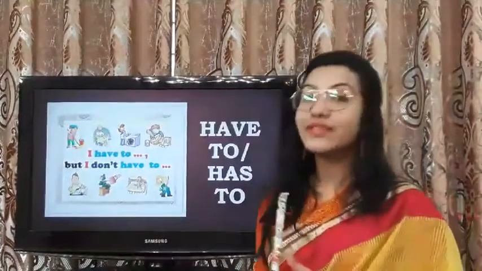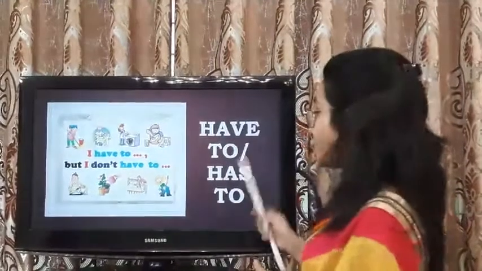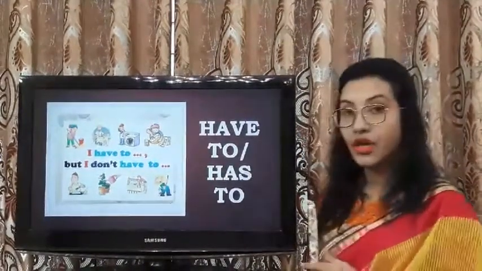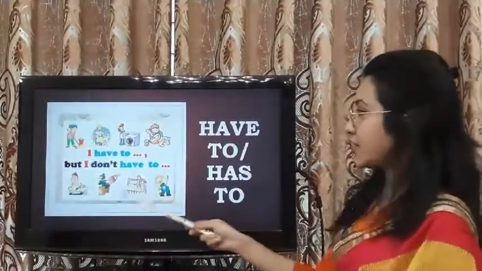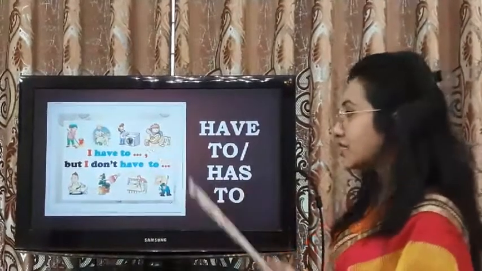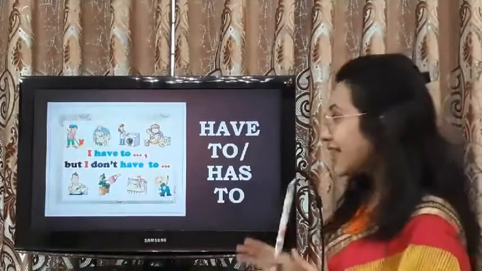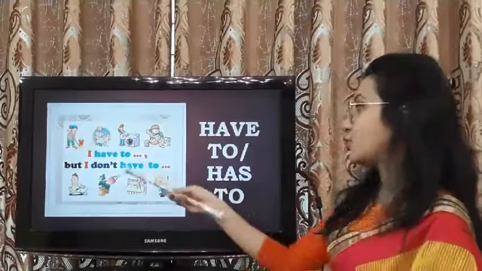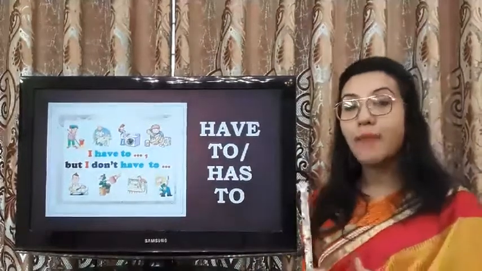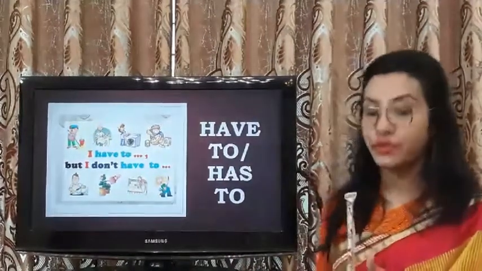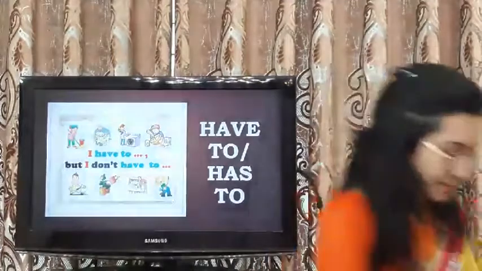The next one that we have is have to or has to. So as you can see, there is a picture here and there are some boys and girls doing some daily activities. I have to but I don't have to. So আমরা have to বা has to কোথায় ইউজ করি প্রথমে সেটা দেখে নিই।